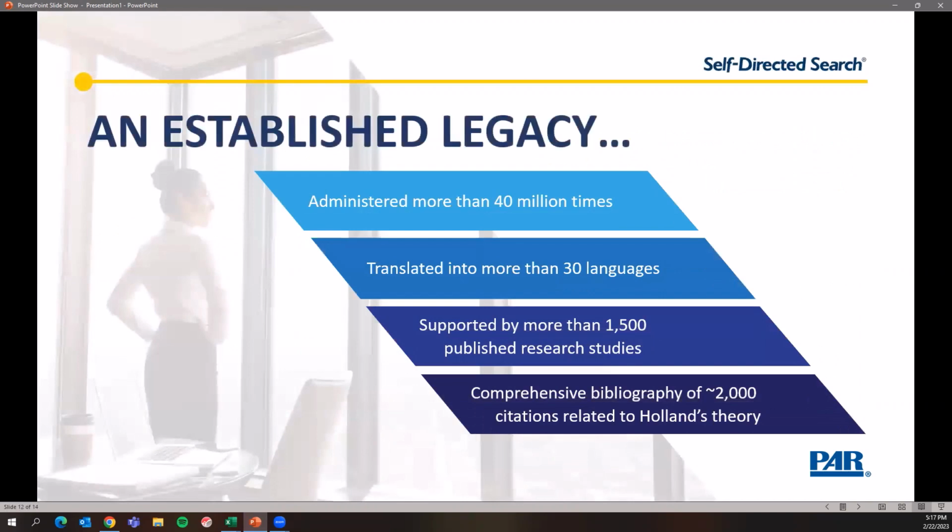I was alluding to the researched element of this. So John Holland and the RIASEC theory has been cited over 2,000 times in periodicals, academic journals, research publications, etc. It's quite ubiquitous. It's really everywhere, and it's likely that you've come across that hexagon elsewhere, because other career assessments use elements of RIASEC theory in their platforms and their tools,